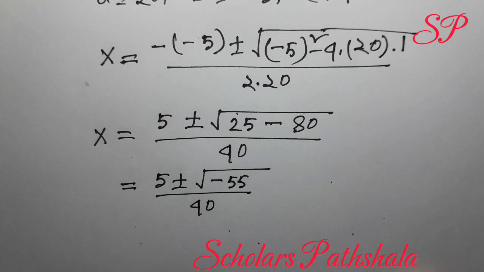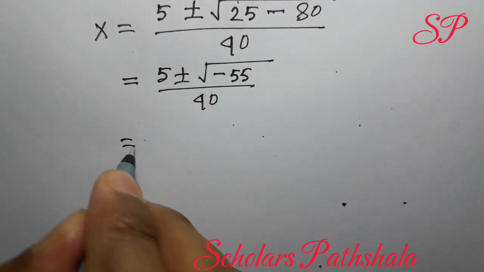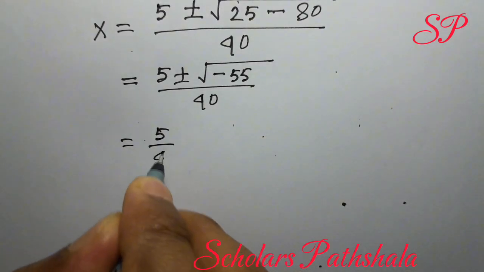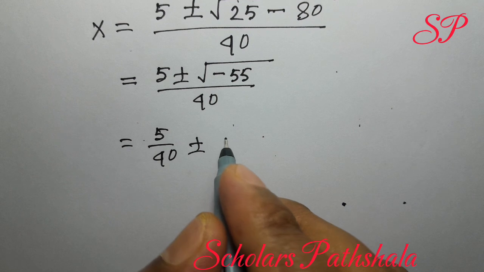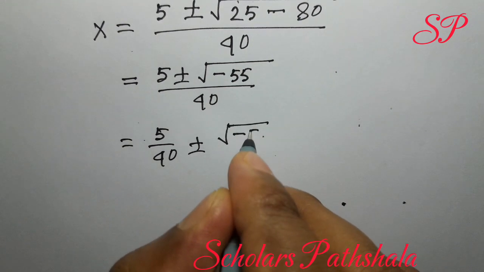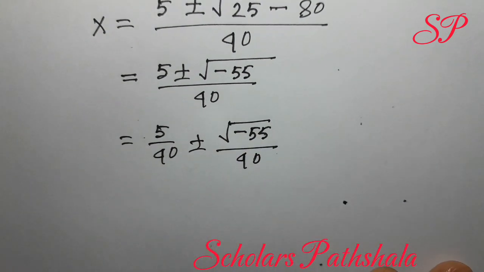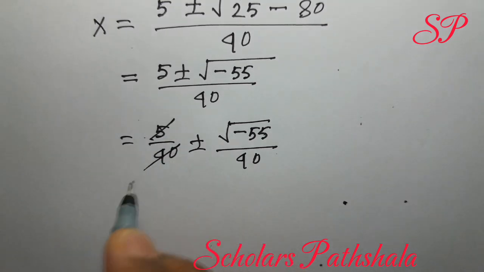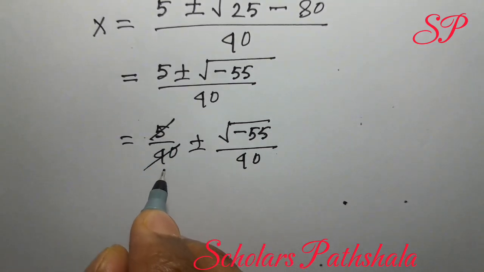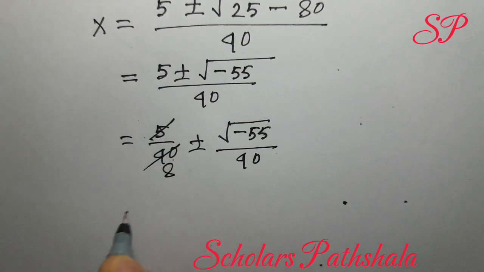Okay, then we can write from here 5 by 40 plus minus root over minus 55 by 40. Here 5 divided by 40, divided by 5, is equal to 8, so 1 by 8 plus minus